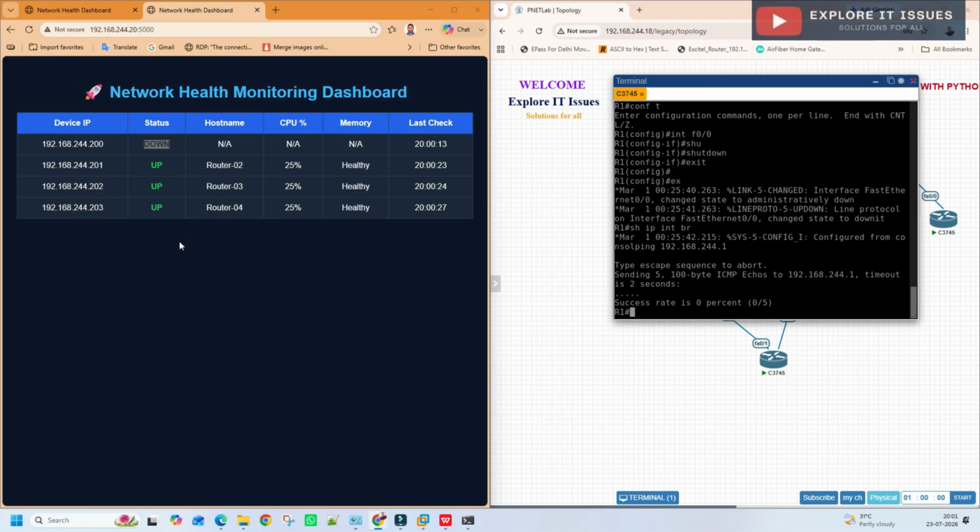So congratulations, today we built a real-time network health check dashboard using Python, Flask, and Netmiko. In this video, we learned how to read multiple devices from CSV, connect to Cisco devices automatically via the script, collect the CPU and memory information, detect up and down status, and display everything in the live web dashboard, which is this. This project looks and behaves like a mini enterprise NOC monitoring system.